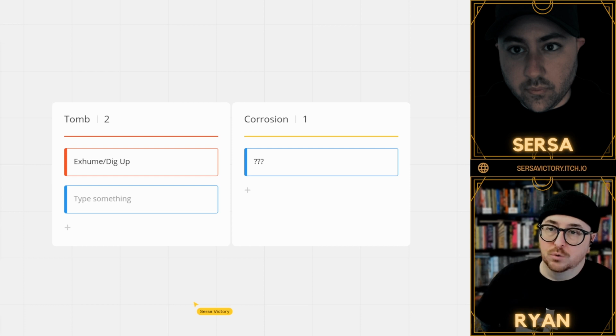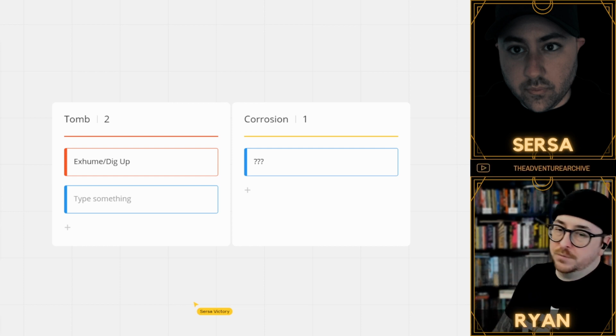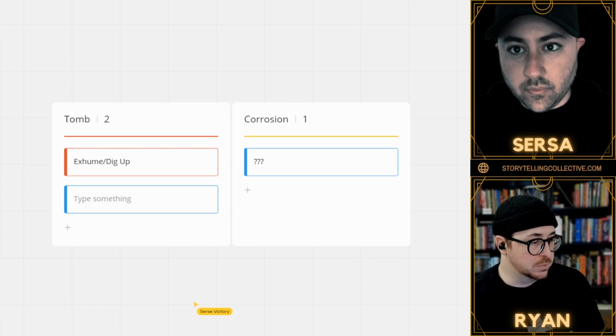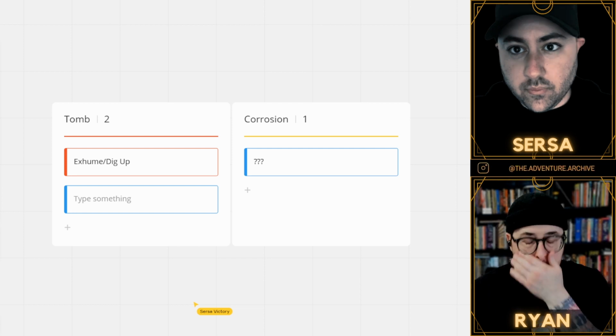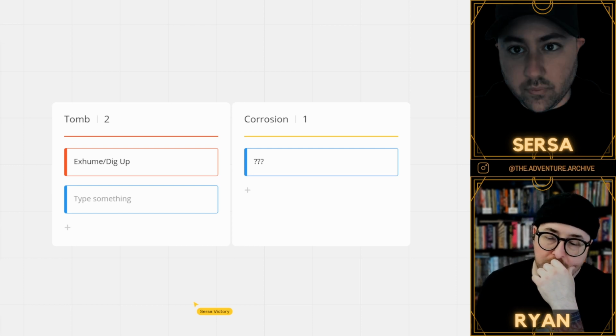Okay, so when I think tombs, because there are different types of tombs as well. So we have corrosion as a thing, but I invite you to leave corrosion completely out of your mind for now, because the idea is to try to do the tomb separately as much as possible. Yeah. But when I think of tomb, I think of